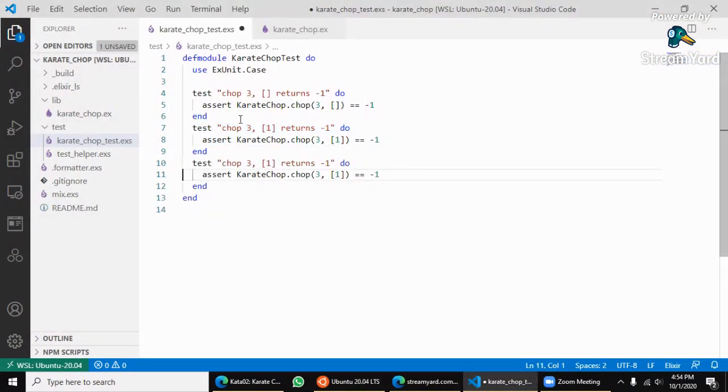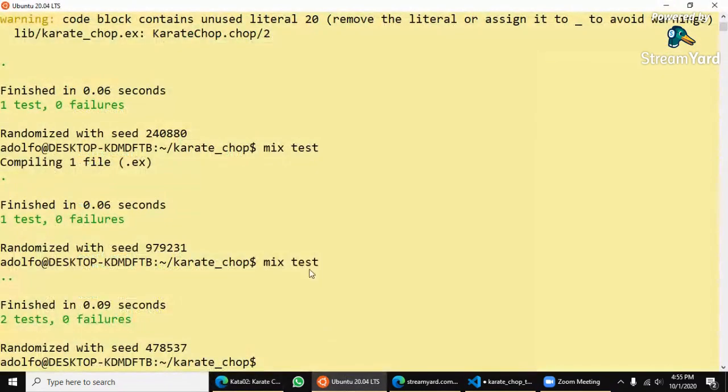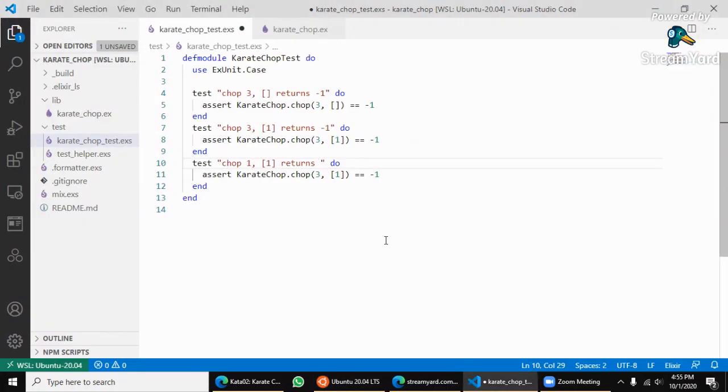So if I try to find 3, a list containing 1, it should return, sorry, 1. So it's not using 0 indexing. So if I try to find 1,